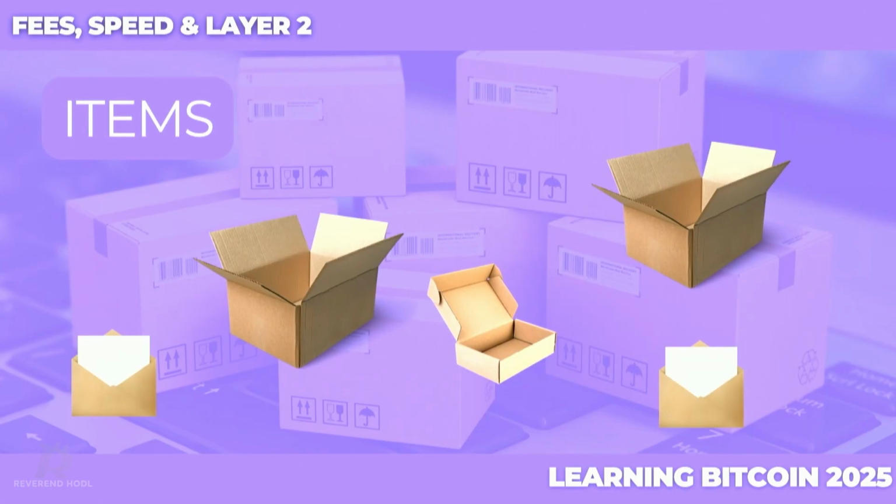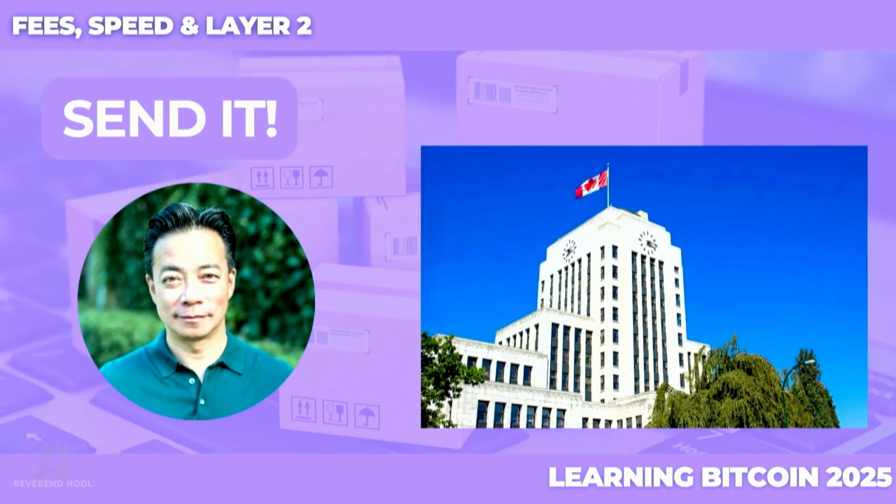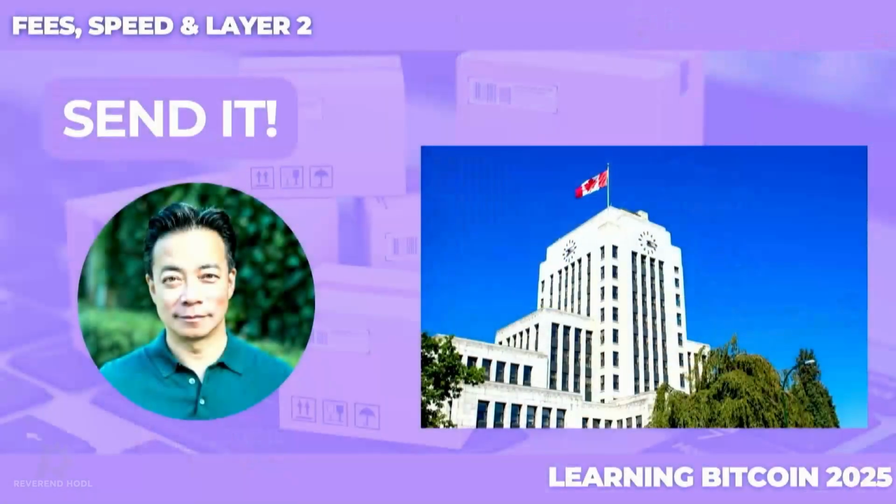OK, so we have different items. You have 5 items on your table. And as a table, I'd like you to send each one of these items to our mayor, Ken Sim. He's in Vancouver, so it's not very far. It's just down the road. But if we were to send these 5 items in the mail, how much do you think they would cost? Canada Post. We're not going to go UPS, FedEx, or anything. We're going to trust in these institutions that they gave us. We're going to proudly use Canada Post. So if you go to the Canada Post desk and you want to send these 5 pictures, how much do you think they would cost?